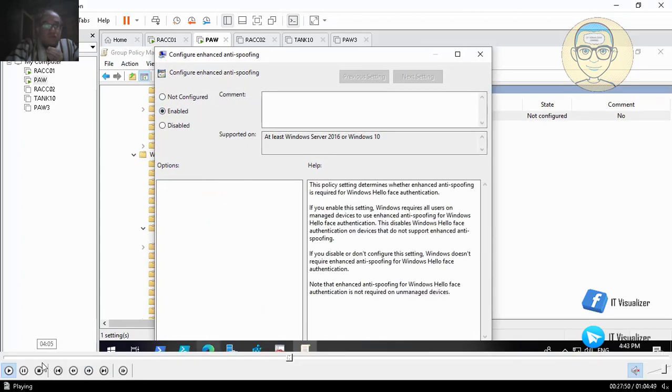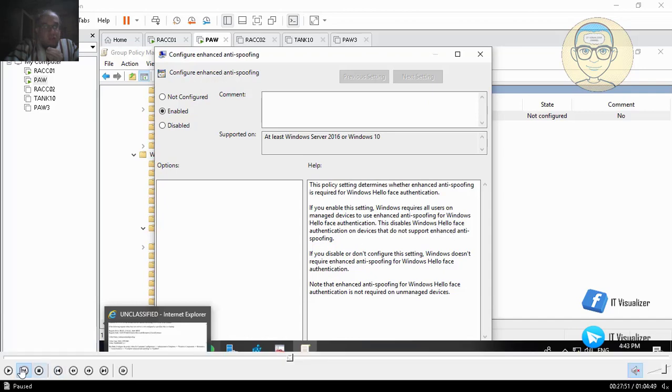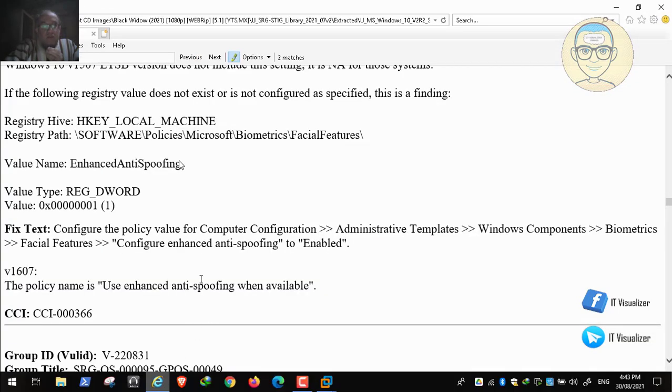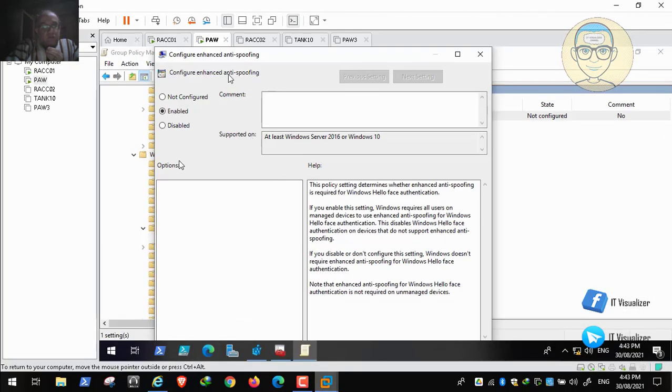Here we can see that it requires all users on managed devices to use enhanced anti-spoofing for Windows Hello Face authentication. So this is a way to authenticate yourself to the domain using your face. So we need to use this, and after enabling this option, I think we will stop, but